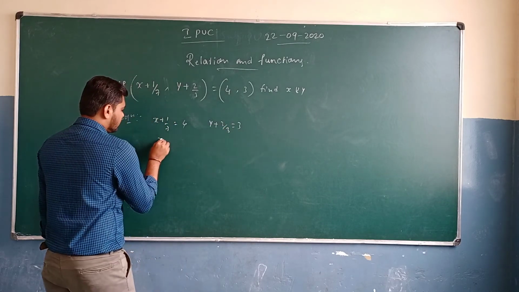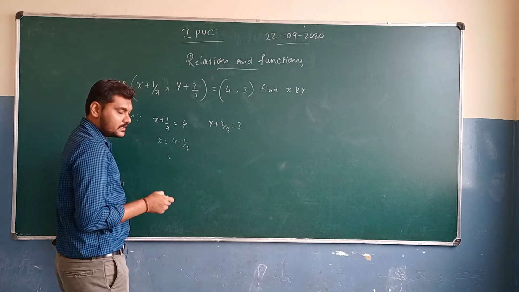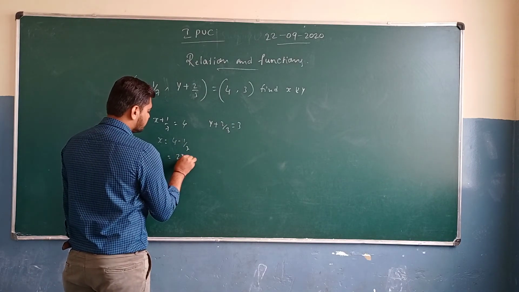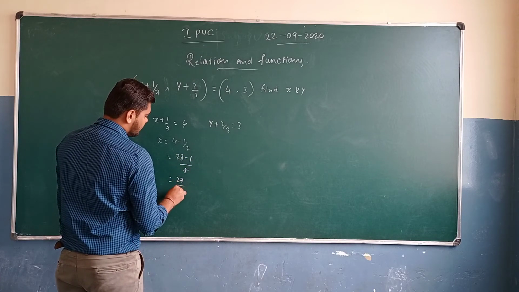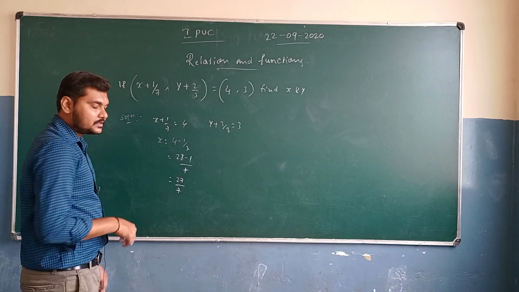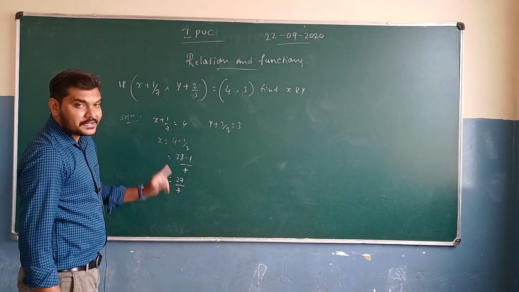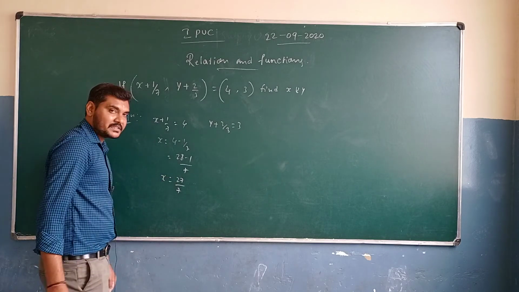So here x is equal to 4 minus 1/7. So we need to take the LCM here. 7 fours are 28. So 28 minus 1 divided by 7. So it's going to be 27 divided by 7. Is 7 going to cancel for this one? 7 threes are 21, 7 fours are 28, but that is not going to be the answer. So the answer is x is equal to 27/7.